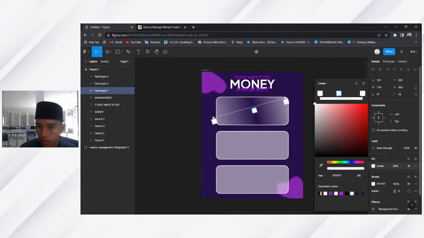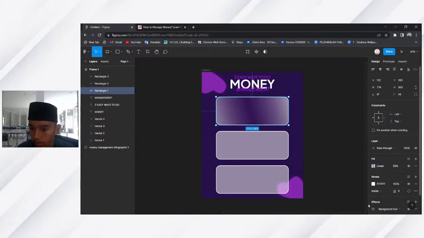And for the middle one, you use another color, which I want to be purple. No, that's too purple, like dark purple. And the opacity is 50%, right, like that.